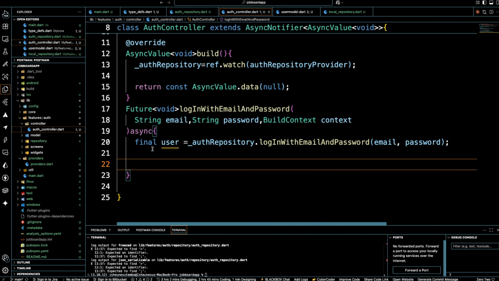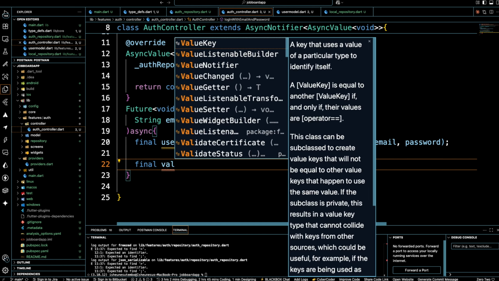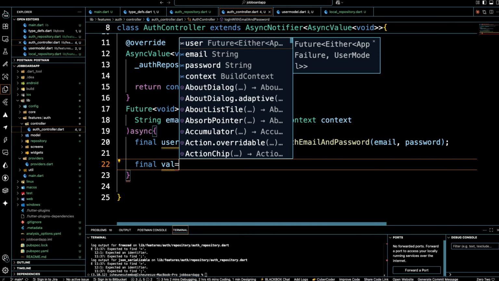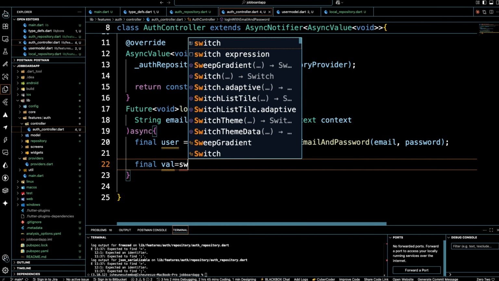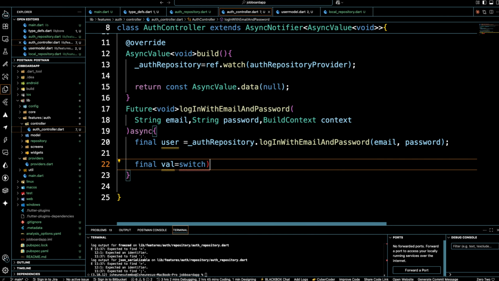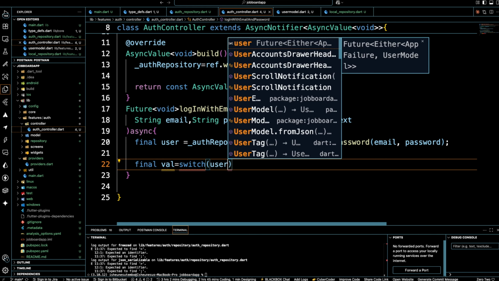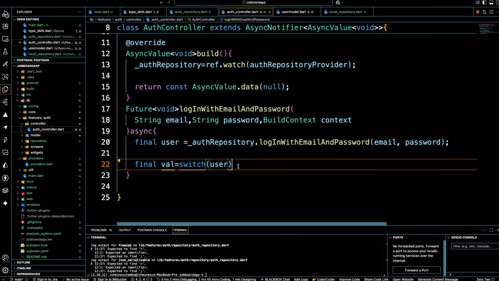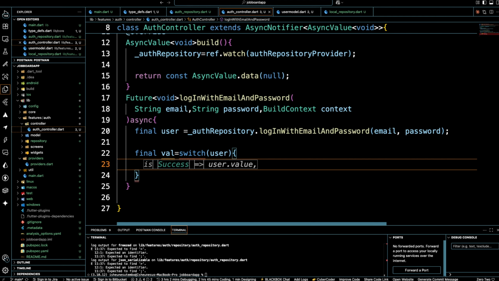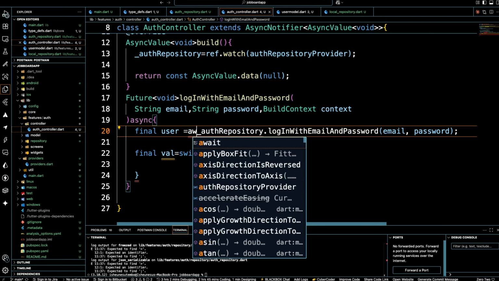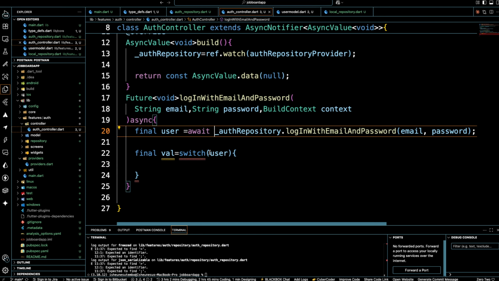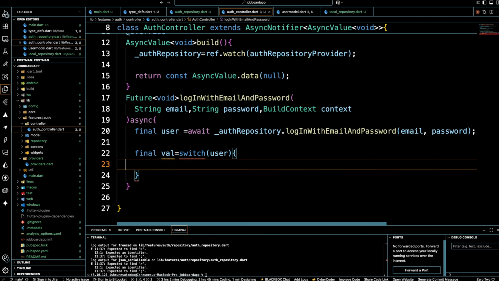And then since we used the functions that we created earlier, the login function and the sign in with user and password function, what we can simply do is create a switch statement which takes in the user, right? And just make sure that we have an await there, switch user, and then